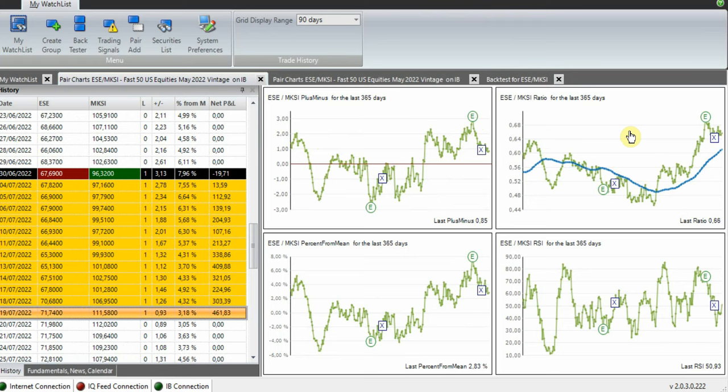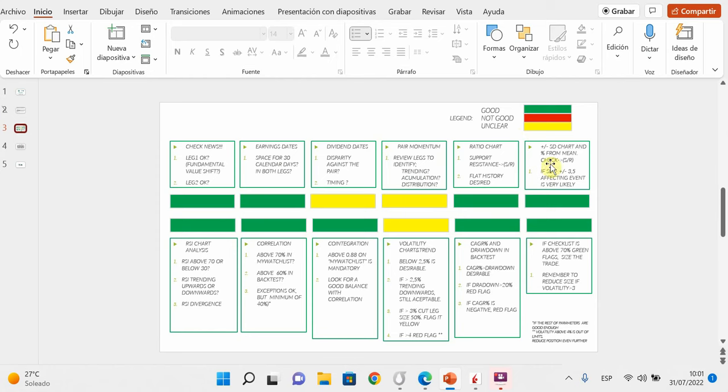And if we focus on the ratio chart itself, we observe that when the signal was triggered, the gap between the ratio price and the moving average is very big. So the possibilities of reversion to the mean increase substantially at this point. So because of that, we are going to mark this box here